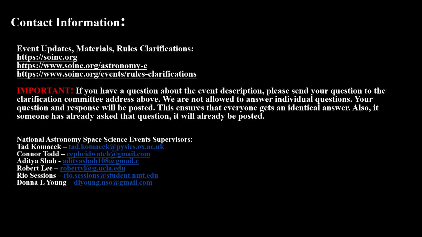The Science Olympiad Clarifications Committee will look at all of our replies, formulate one response from them, ask us if this is the correct response, and then they will send it to you. All that is done within 3 days. That way, you all get the same identical answer instead of having, for instance, myself answer the same question to 5 different people and have it be slightly different. That would be disadvantageous to you.